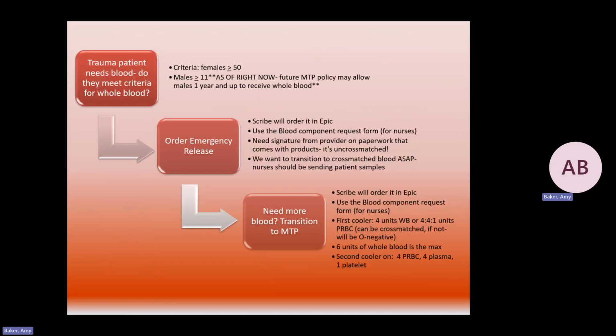Okay, so let's go over the process. Trauma patient comes in, do they need blood? They do. Do they meet criteria for whole blood? We just went over the criteria, males 11 and up and females 50 and up. Okay, you're going to order emergency release. We will get 2 units of emergency release blood, and the trauma scribe will order either whole blood or O-negative